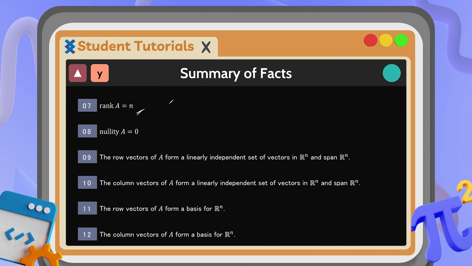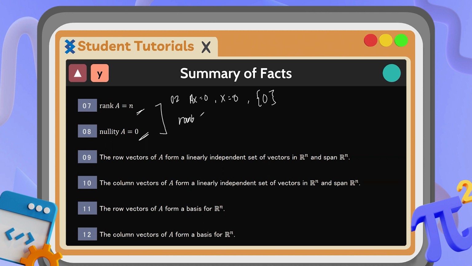And because of this, we mentioned from fact number 2 that A times x equals 0 has the trivial solution, where x is equal to 0, which would mean that the null space would only consist of 0. And therefore, the nullity, or the dimension of this one in particular, is equal to 0, following fact number 8. And using fact number 7 and 8, combining these would give you the rank and nullity theorem, where n, rank